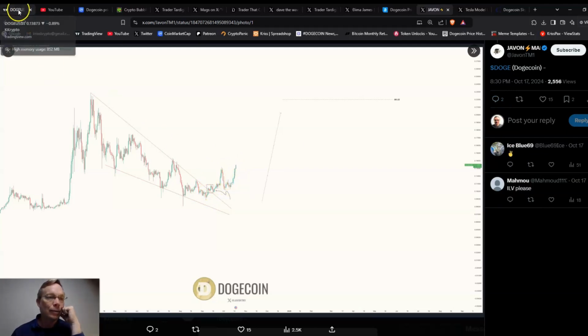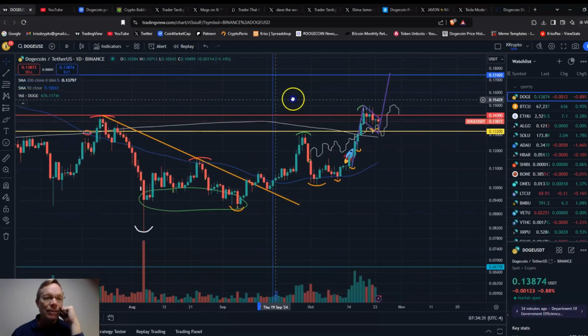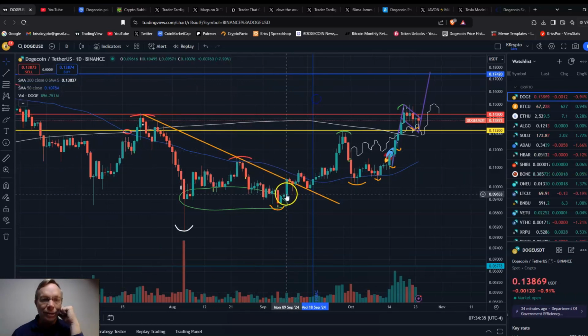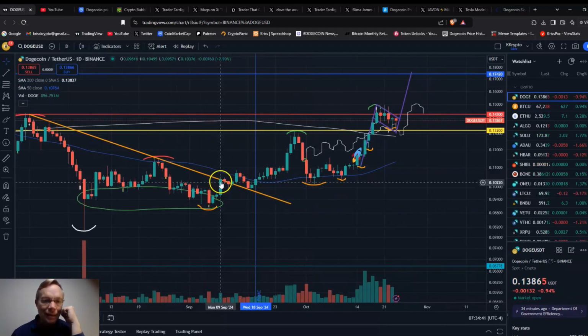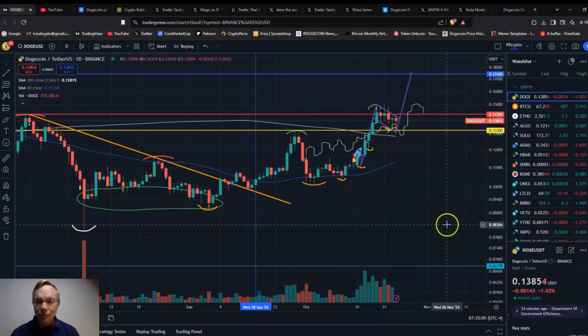And again, in short term now, we're sort of stuck in this channel, but again, we had looked at the same thing of the breakout from the downward trend line. And we did look at that right at September 9th. The same thing happened. We had that breakout, came down, retested, and then have confirmed that breakout. That was very bullish. Again, that was following that FOMC meeting where the Fed lowered interest rates, and we're going from here. The next big event is going to be November 5th, Tuesday, election, and then Wednesday, November 6th, the Fed meets again. Are they going to lower interest rates again? Looking for a very exciting